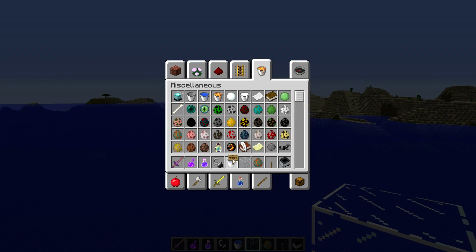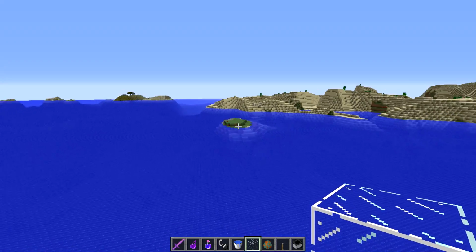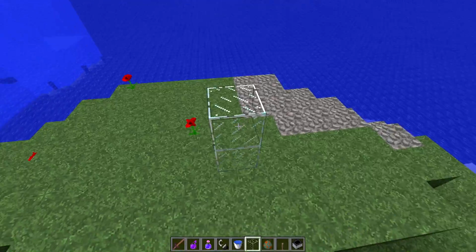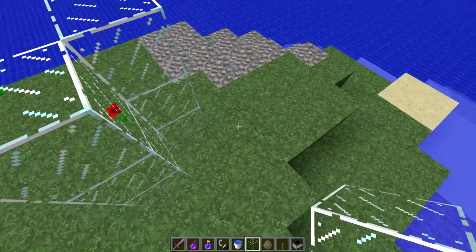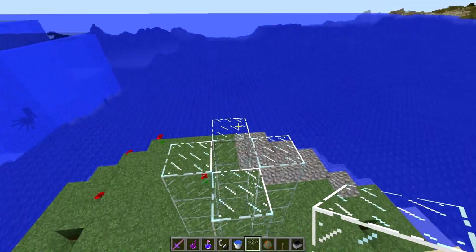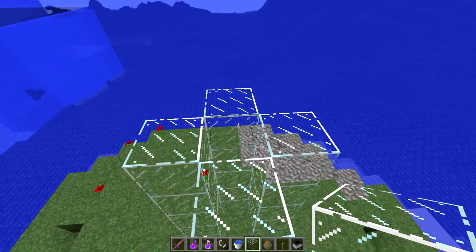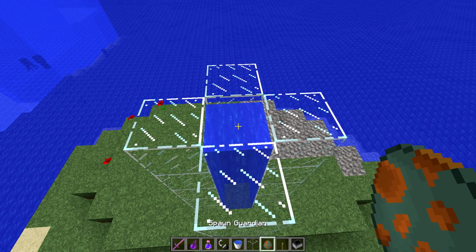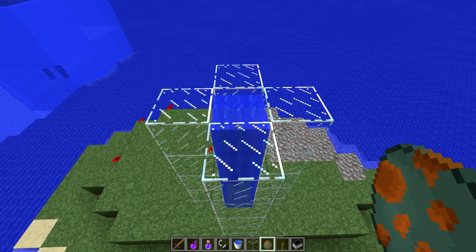Grab a bucket of water. The behavior that I thought had been patched was this. If you have downward flowing water, and there are blocks next to the water, for some reason I thought I need to...